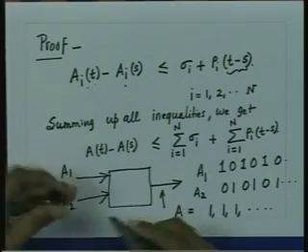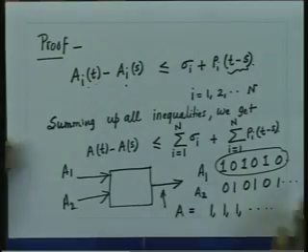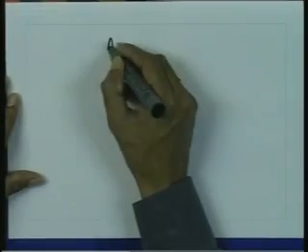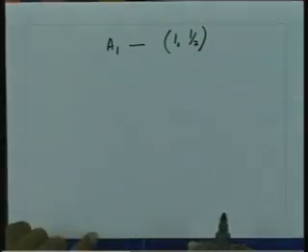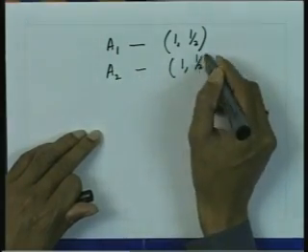Now what is the input A1? If you look at this input A1, it is actually a (1, half) constraint traffic. Sigma here is 1, because the maximum burst here is of 1 unit, since the traffic is transmitting as 1 0 1 and so on. Similarly A2 is 0 1 0 1, so it is also (1, half) constrained. The average rate is half. So this is also a (1, half) constraint.